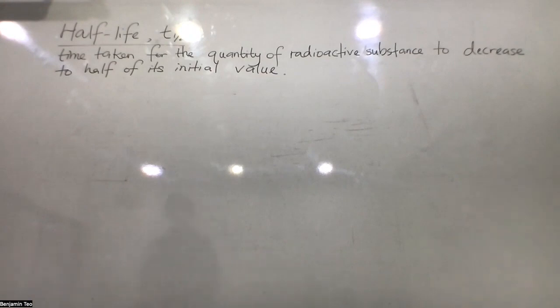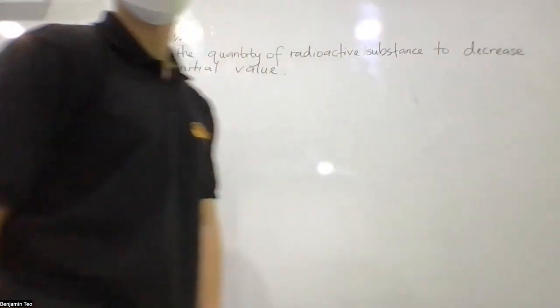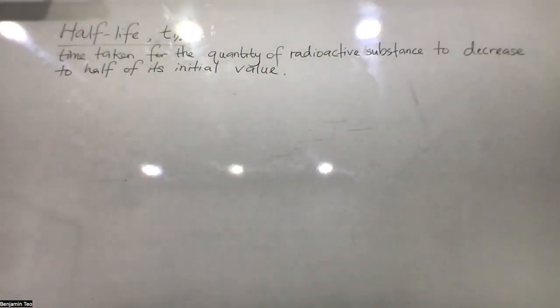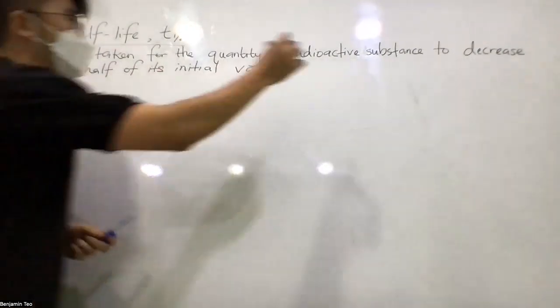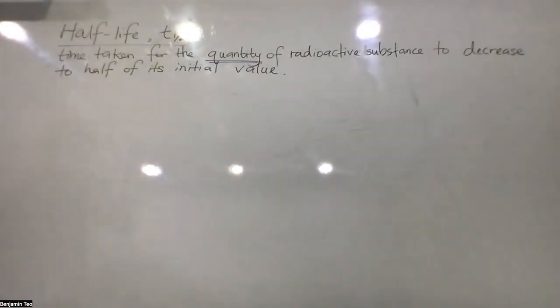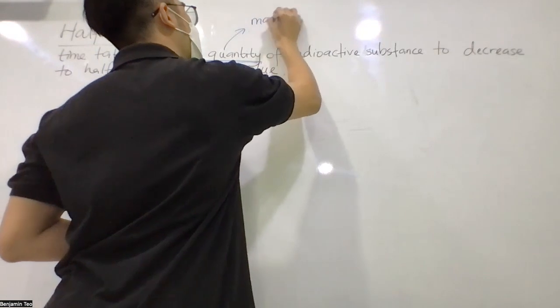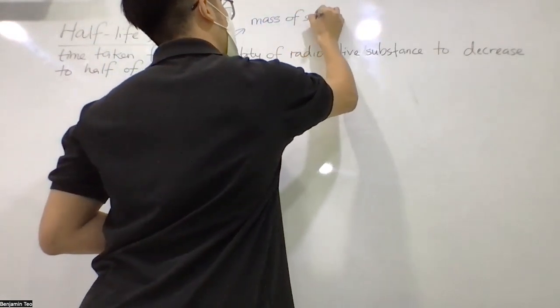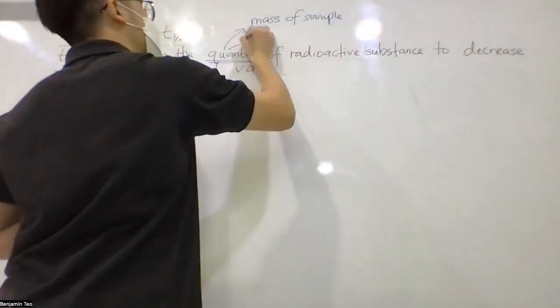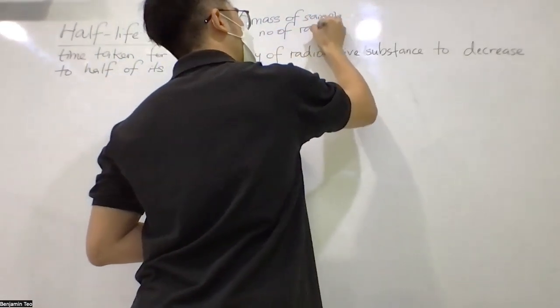Okay, so half-life, then we'll write it here. Time taken for the quantity of radioactive substance to decrease to half of the initial value. Okay, a few things I want to clarify here. Quantity: there are 3 things. When he says quantity, it can be the mass of a sample, it can be the number of radioactive